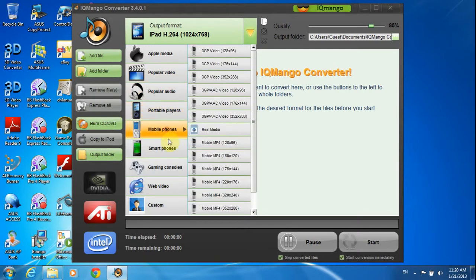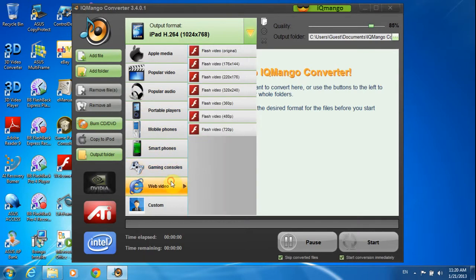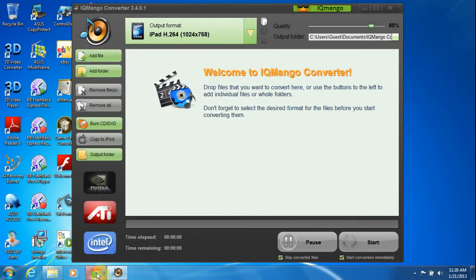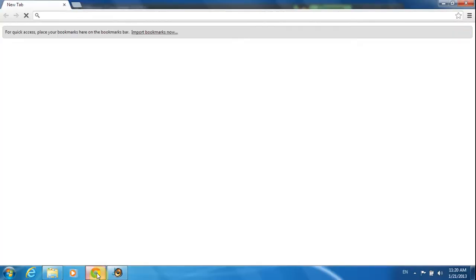And it's very fast to convert indeed. So I think it's obvious why I chose to feature the app in the video. Why not? It's really cool. So let's go and download IQmango Audio Converter at the official website